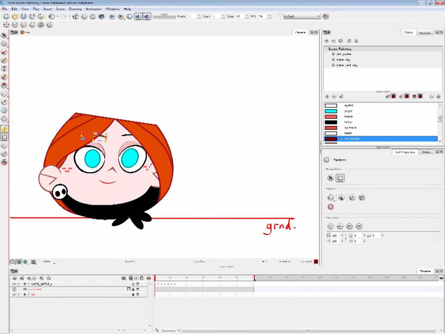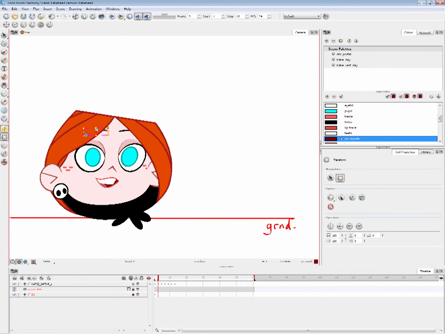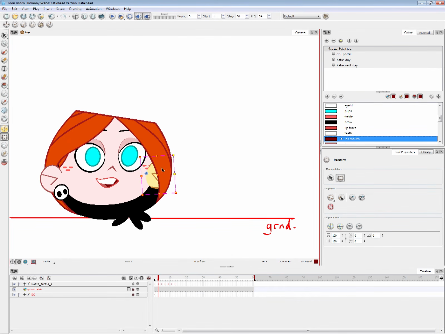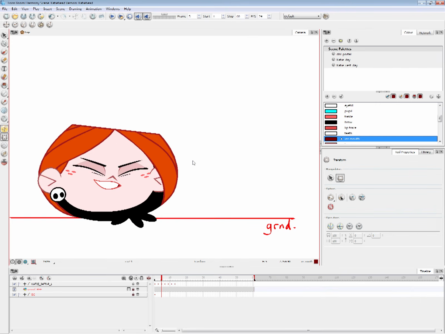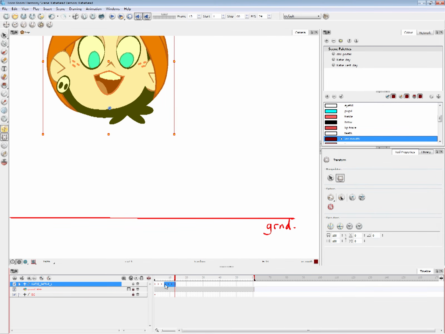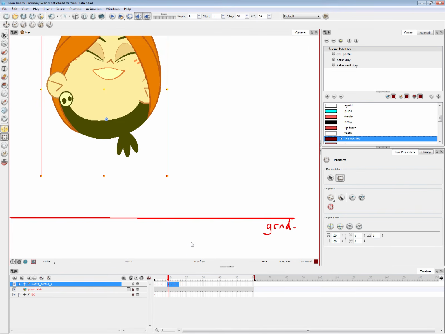Going back to 1st frame, I'm gonna adjust our eyebrows down a bit. So in the 2nd or 3rd frame, can give a bit of that. So this is frame 5. I'm gonna move it over.